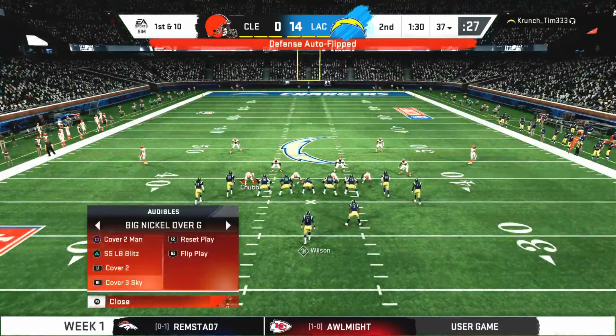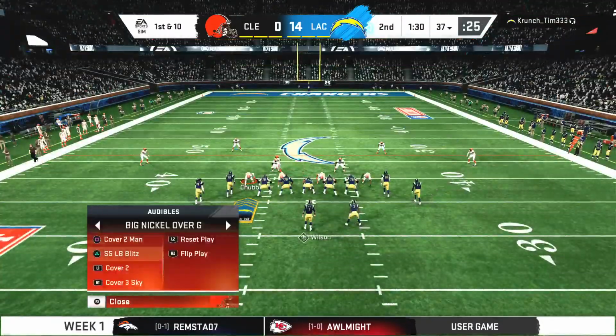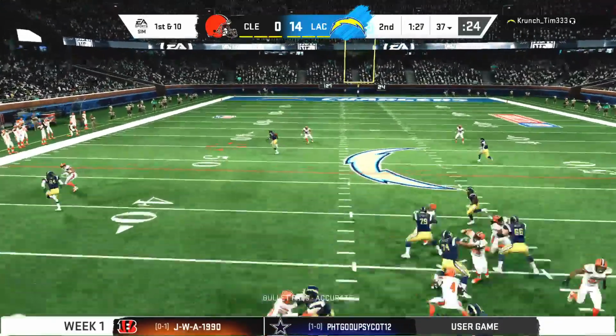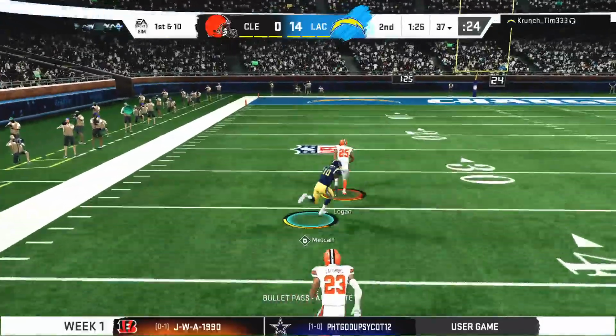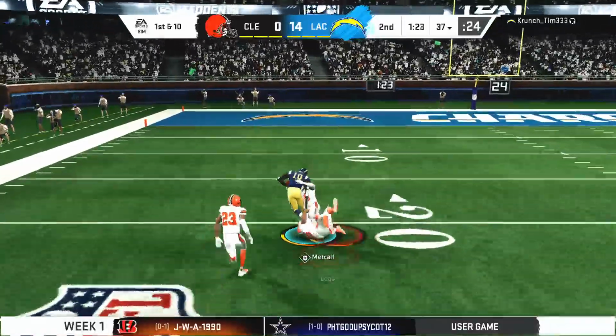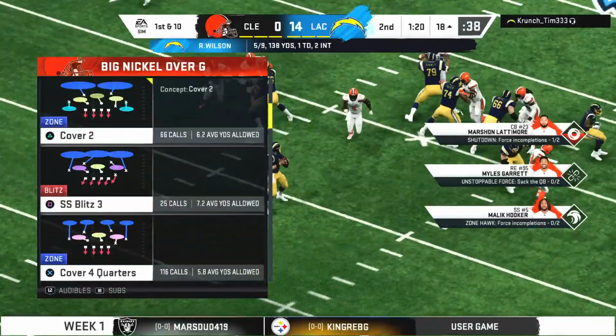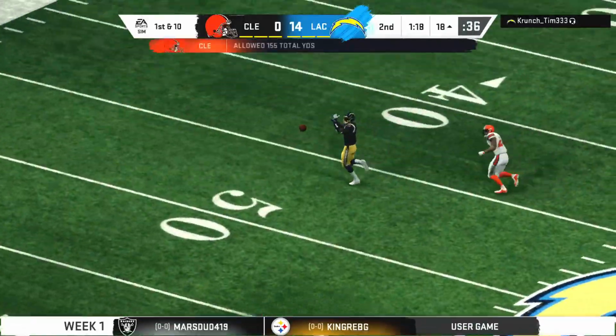The Charger drive about to get going. It's been a good first half so far. They're up 14-0. Points here, they could really put them in command before intermission. Yeah, and it's all well and good what they're seeing and how they're feeling right now. But this is the NFL. How many times have we watched 14-0 leads evaporate and quickly? So how have we seen them